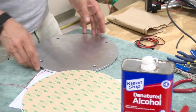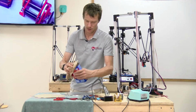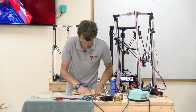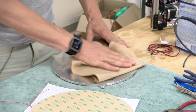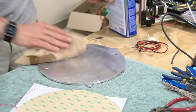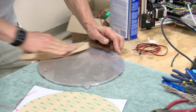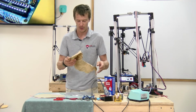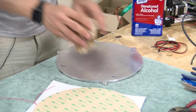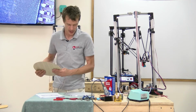So, and then I'm going to clean off the back of the Gecko Tech bed just to get any oil and grime off so I get a really good bond with the adhesive-backed heat bed. I'm using denatured alcohol, or rubbing alcohol will work well. Yeah, make sure it's completely dry and then we can begin to attach